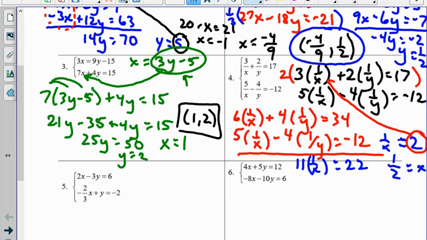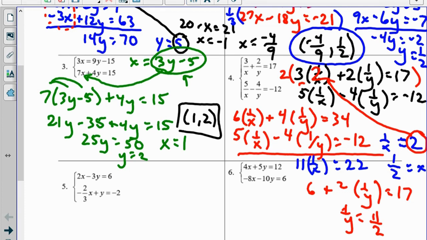back into one of the original equations. So I end up with 3 times 1 over x is really 2, so I can replace this with a 2. So it's 3 times 2 is 6, plus 2 times 1 over y equals 17. If I subtract 6 and I divide by 2, I end up with 1 over y equals 11/2, which means y is equal to 2 over 11, because I can multiply the 2 over, divide by 11, and multiply the y over to the